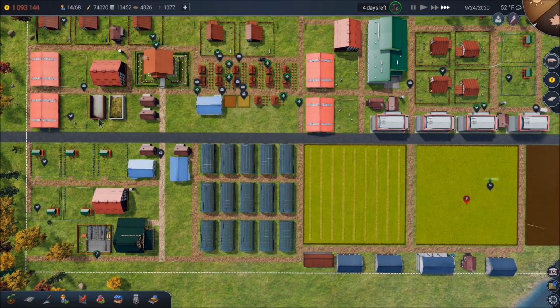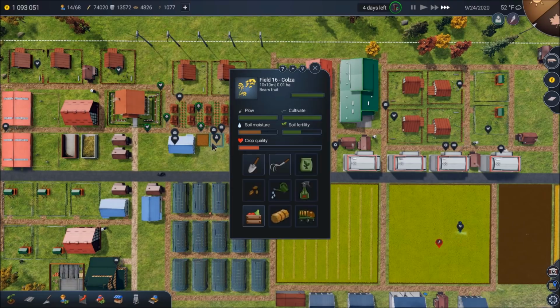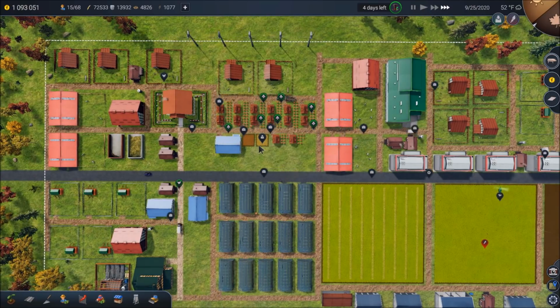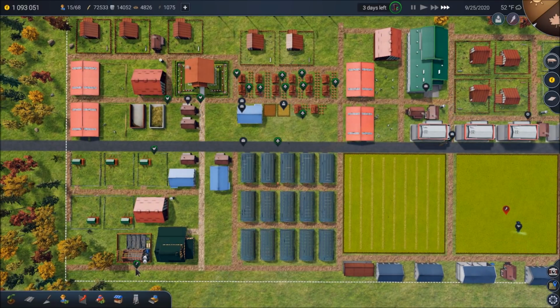All right, let's see what else we've got. With the auto inseminator, we don't have to worry too much about. Looks like we're ready to harvest here, but I will not be harvesting that. I'll let it just play itself out. That is a very small plot, regardless. Okay, almost done, and we're going to find out how much